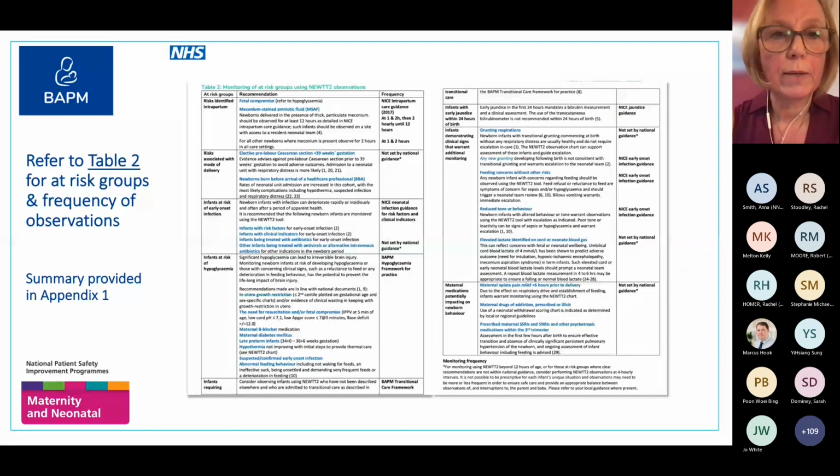To support you in the main framework, there is a table 2, which gives more detail for each of these 7 areas with references and guidance as to frequency and duration where this is available. And as I've said already, there is a summary for this in Appendix 1. And the idea of having it in 2 places was in case the delivery suites or postnatal wards wanted to print out the first appendix and have it up on a board somewhere as a reminder when they're admitting babies